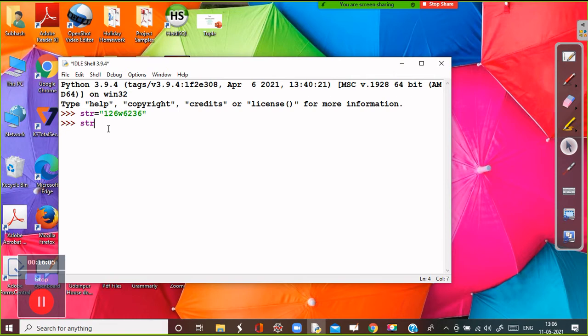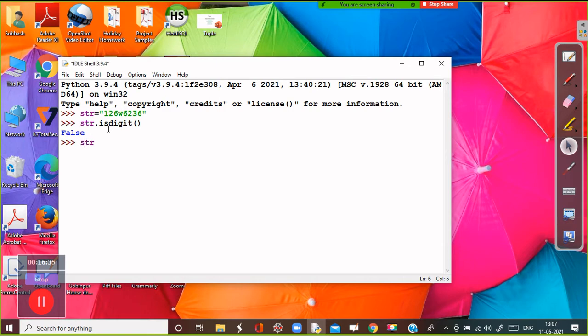So if you are writing str.isdigit, the function name is isdigit, it will give false because one character is alphabet.